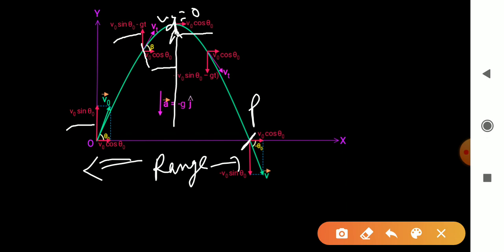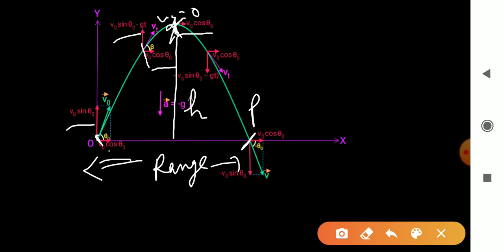Right? And this point to this point is called maximum height. The height, upward distance covered by an object during its flight, right, is the maximum height. And object reaches from this point to this point in time tm. So this is called the time taken by object to reach the maximum height. And time taken by object during projection is called time of flight.